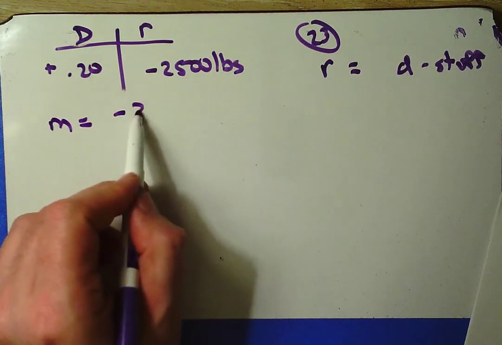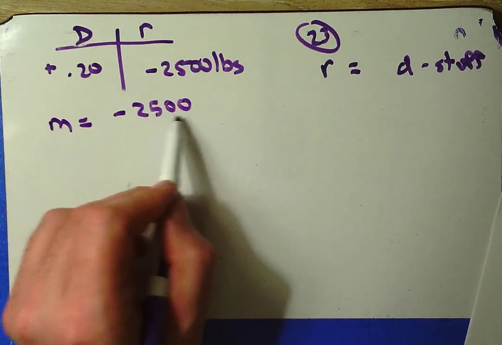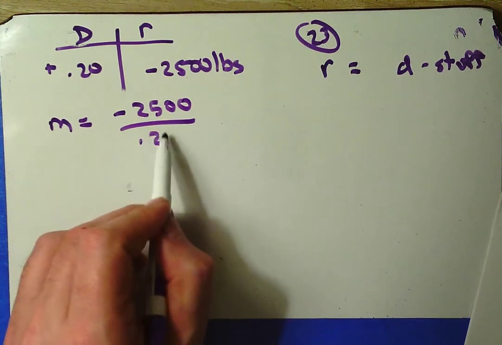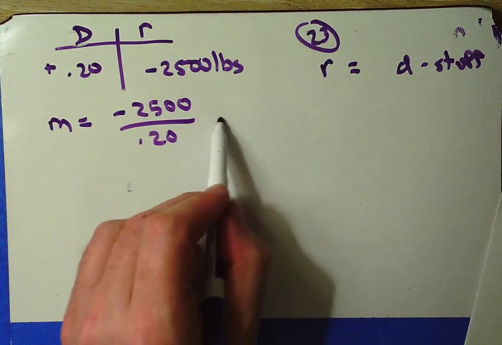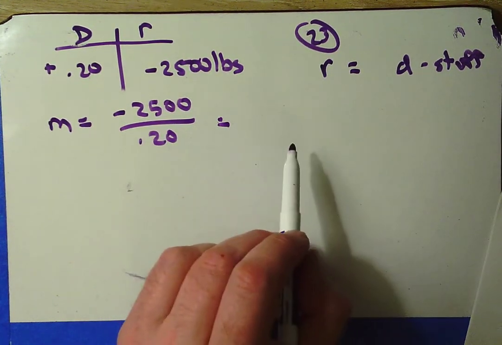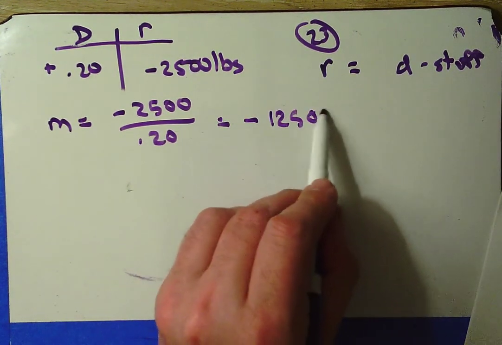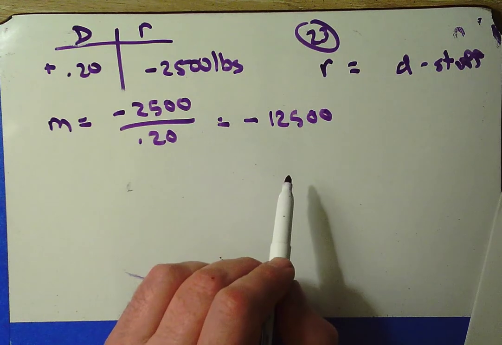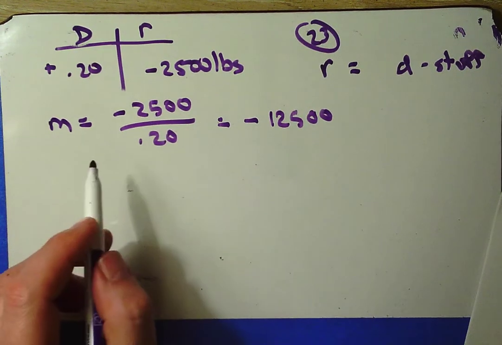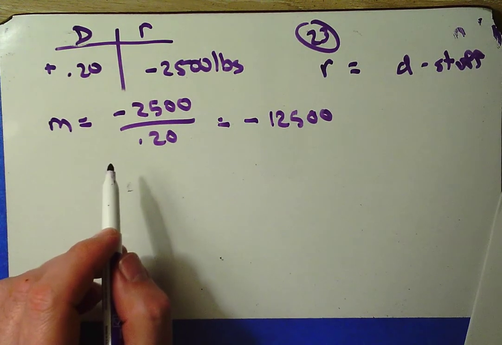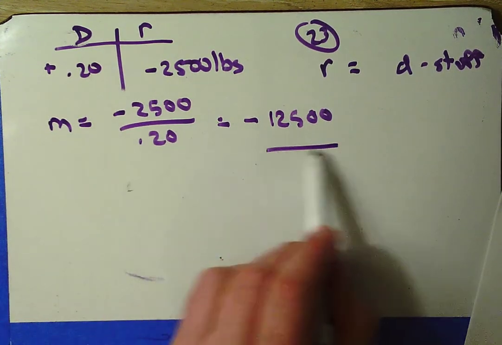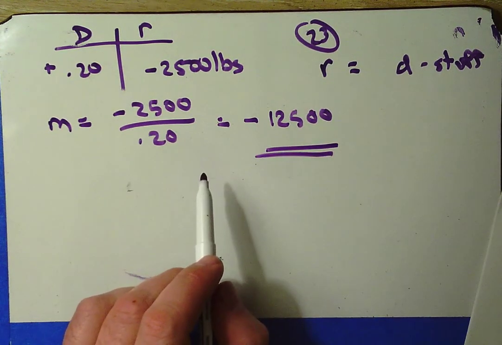And that's going to be a change in outputs divided by a change in inputs, or negative 12,500. Okay, so if I start thinking about which of these equations of lines has a slope of negative 12,500,